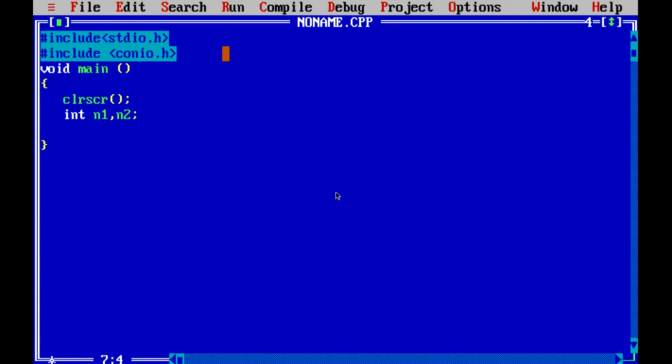So we are simply declaring two variables of int type, n1 and n2, and we will try to take the values with the help of scanf.